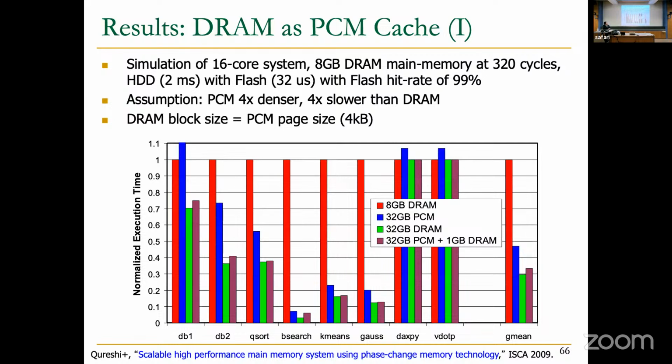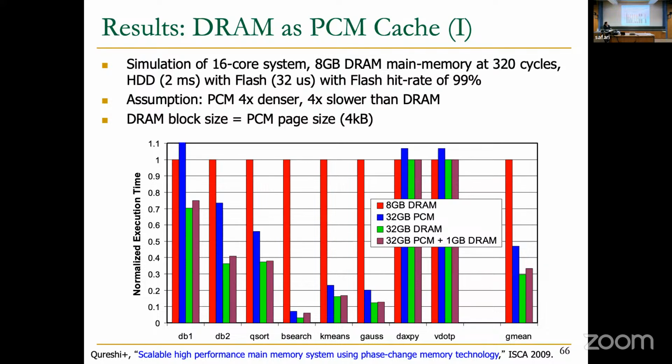And here is the result when we simulate a 16-core system with 8 GB DRAM memory in this configuration. The assumption is that the PCM is 4 times denser compared to DRAM, but it's also 4 times slower compared to DRAM. This is done by simulation, and you can adjust the parameters to see the benefits and to see how you can guide the configuration between the DRAM size and the PCM size. Also, the DRAM block size is the same as the PCM block size used in these